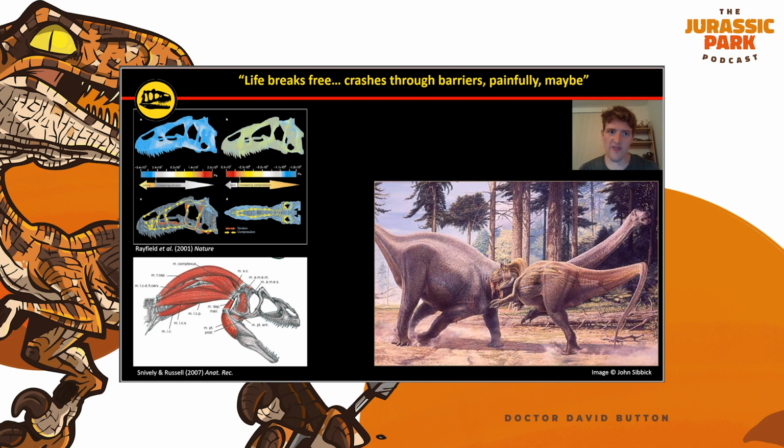Some authors have investigated this problem using other techniques, such as finite element analysis. Finite element analysis is a biomechanical modelling technique which allows us to reconstruct patterns of stress and strain in structures like the skull that would have resulted from various simulated behaviours, such as those encountered during feeding. And what work on Allosaurus, as well as some other work on Carnotaurus, has demonstrated is that although bite forces in these species were relatively weak for their size, the skull was very well constructed to resist powerful vertical forces